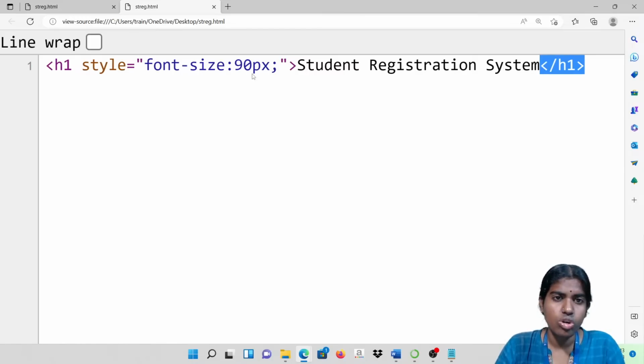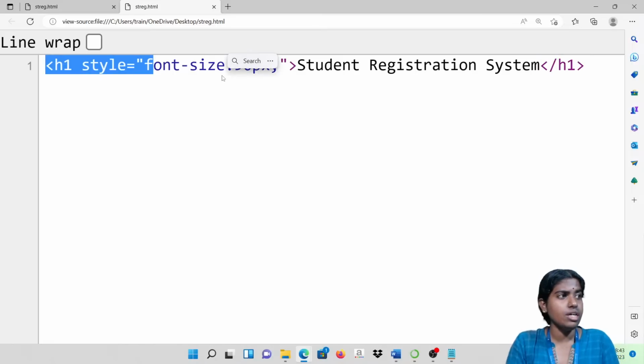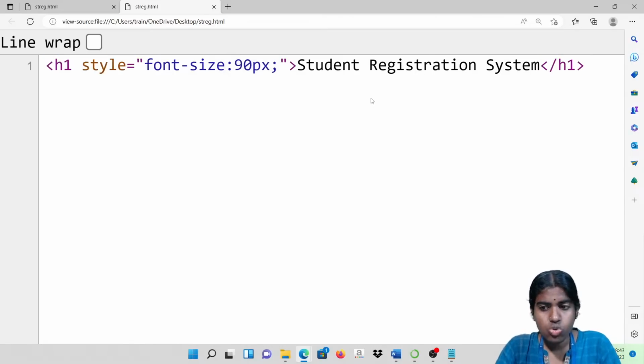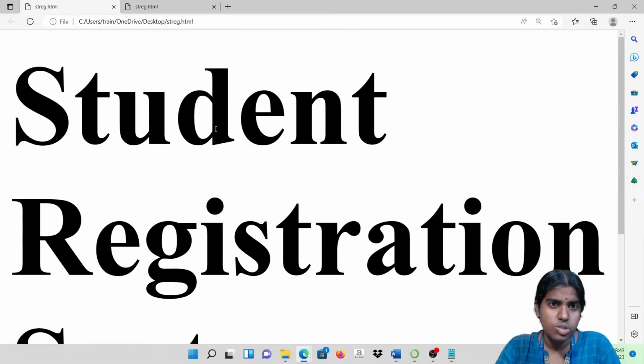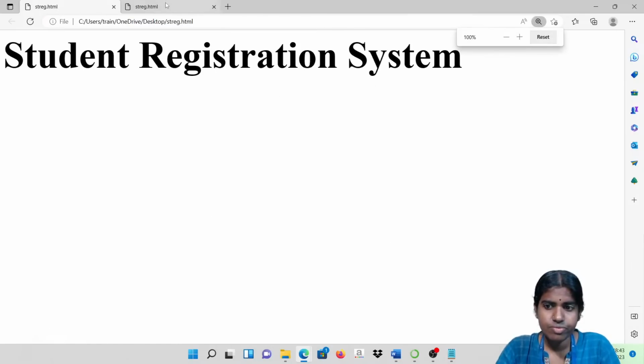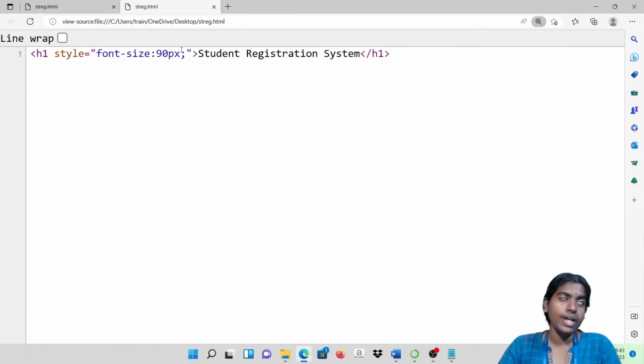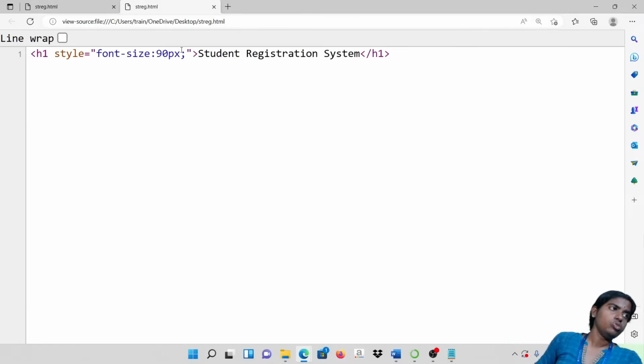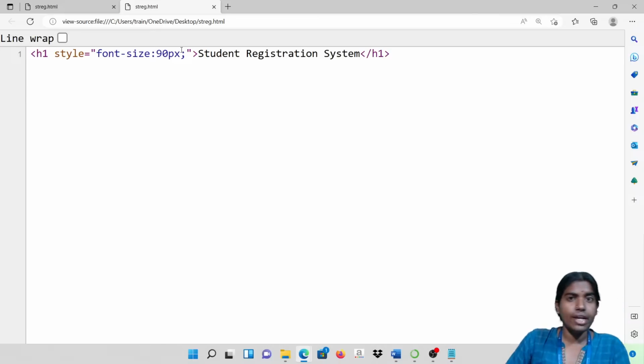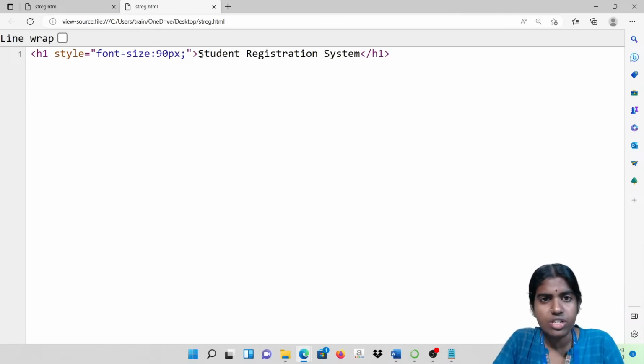Clear with this? So you can see I am mentioning the font size here. Whatever the font size is, I am mentioning it here, and student registration system will be displayed in my web browser. Clear? So I can mention my font size up to 90 pixels, and student registration system.